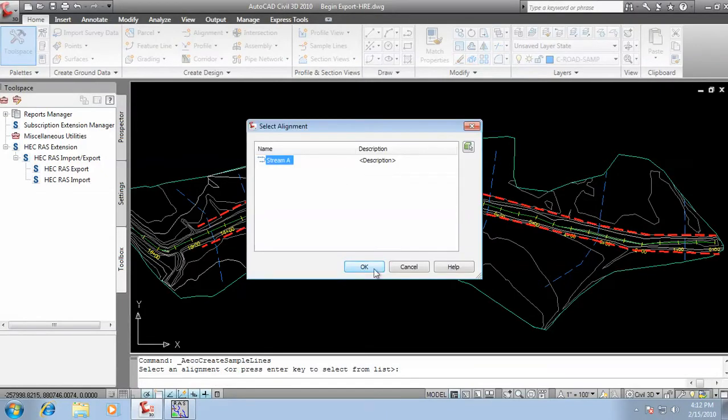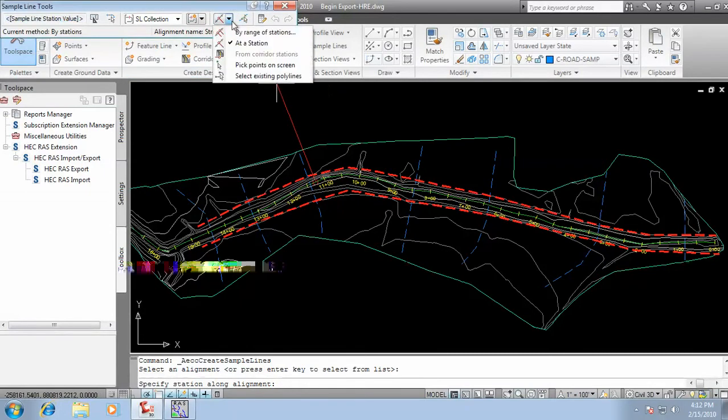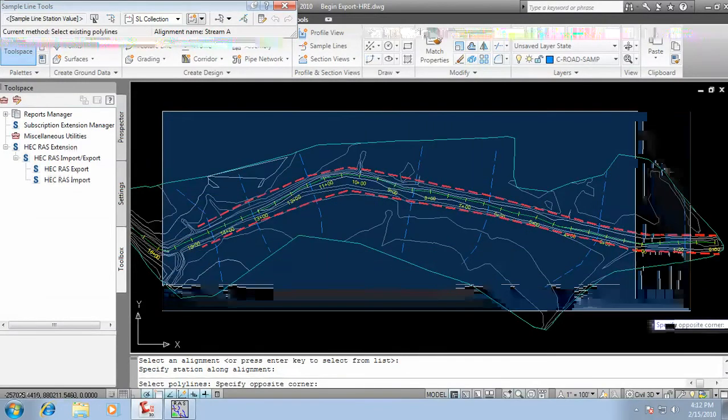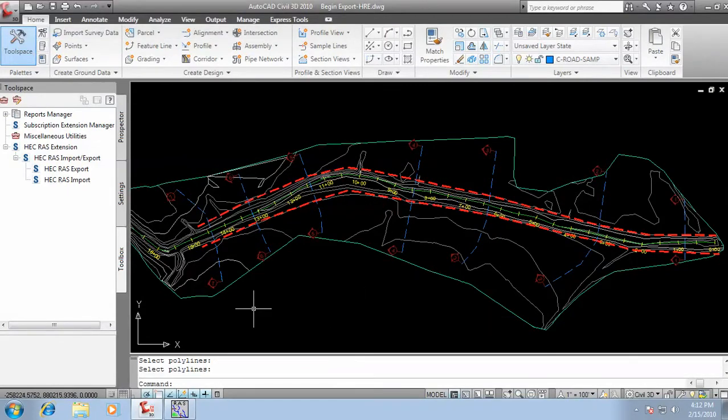Alignment from a list. Now I can simply convert existing polylines into sample lines. And I'm just going to use a crossing window to pick the 7 section lines I've already drawn. I'll finish my selection and you'll see we have sample lines pointing